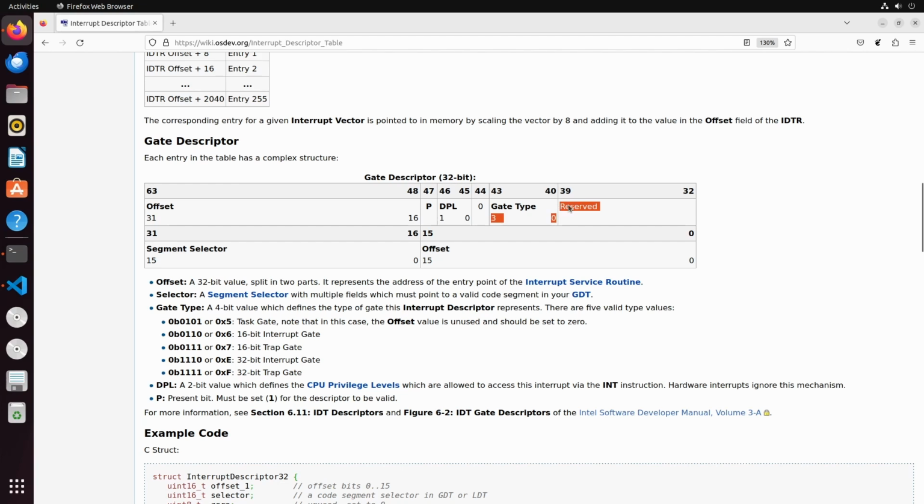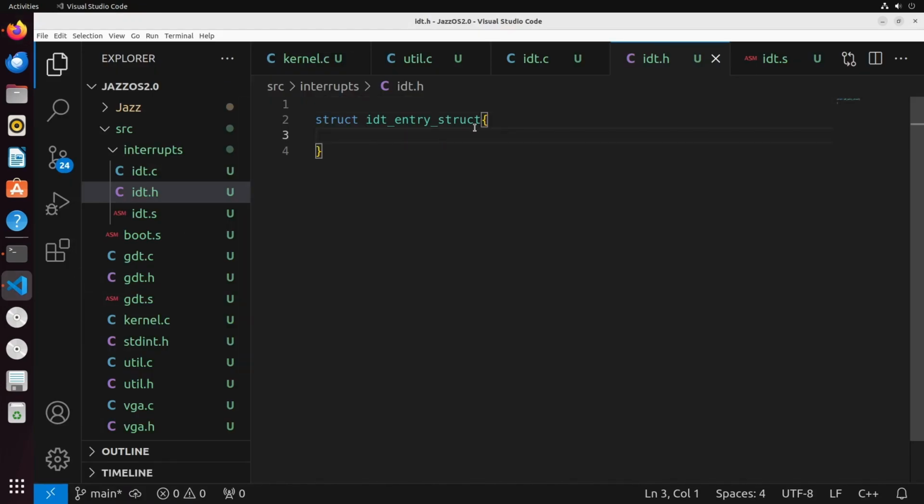We have a bunch of reserved space that we don't need to worry about, and then we have a segment selector. The segment selector allows us to specify a code segment in the GDT that we are going to use for this particular entry. So this is something that we're going to set towards a valid code segment in our GDT. So understanding that idea, we'll just put in our struct,